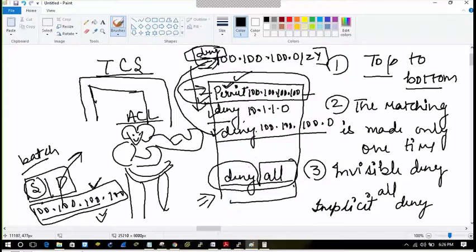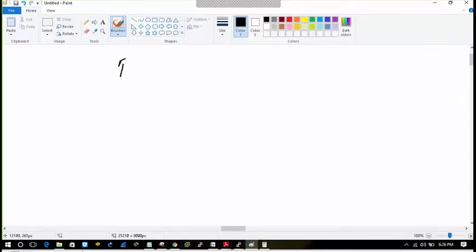So sometimes what we do, we write permit statements before this. For example, I want to permit only 10.1.1.0/24, this range of IP addresses, into the TCS.